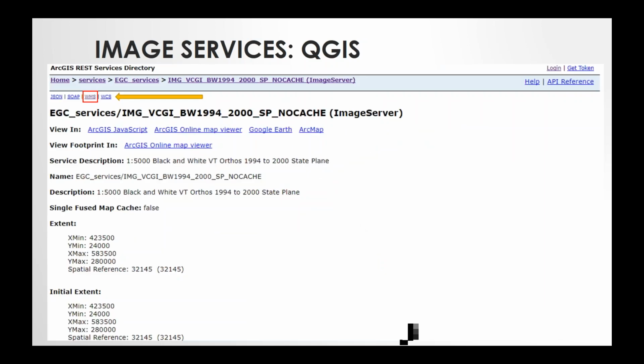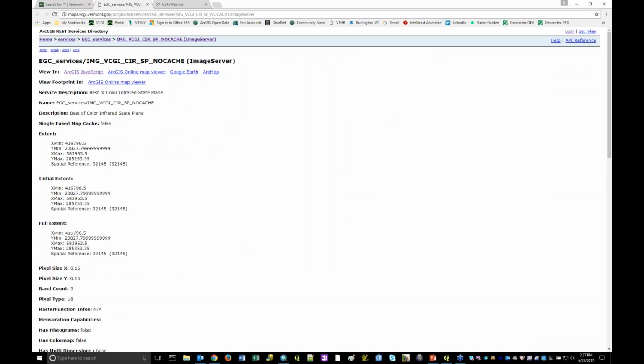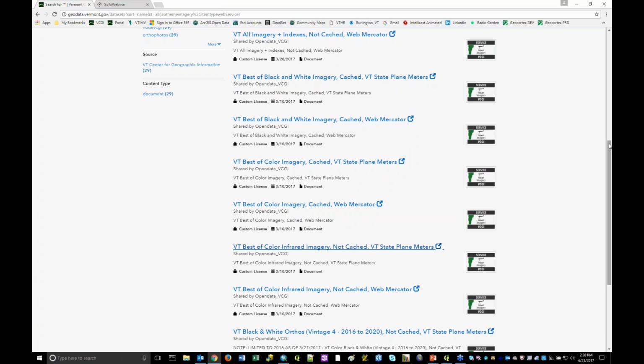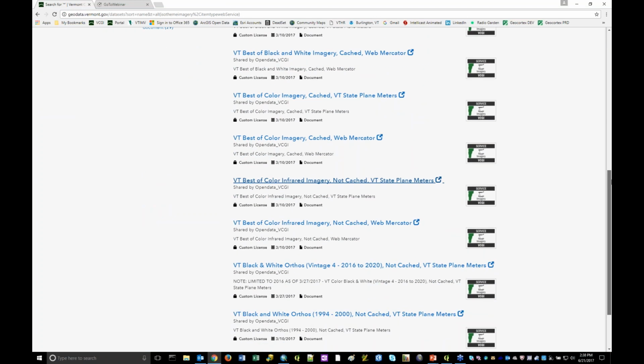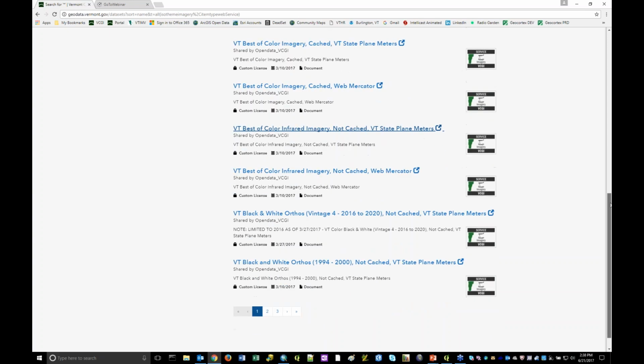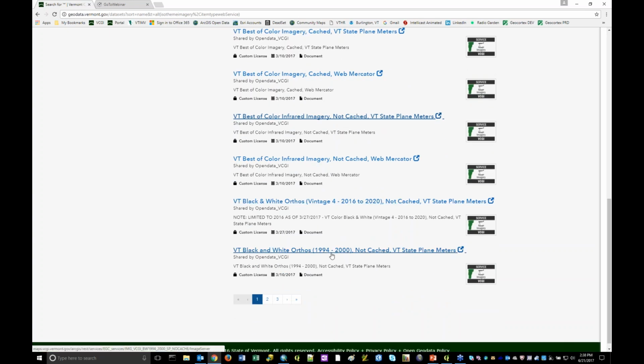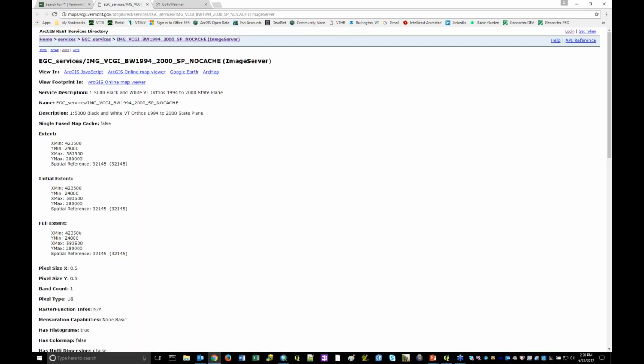To do that, what we need to do is find that REST endpoint for the data that we want, and we want to select Web Map Service from the links. So here we go. Let's go back to ground zero. We've gone in and we've searched for imagery. We have our list of imagery potentially available to us, and now we want to go ahead and add it. So let's try, how about this 1994 to 2000? I know I keep getting stuck on that, but sometimes it's kind of interesting to look at some of this